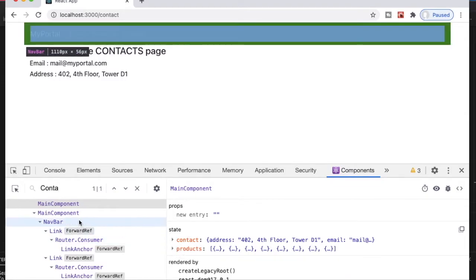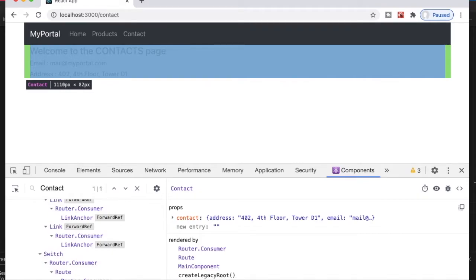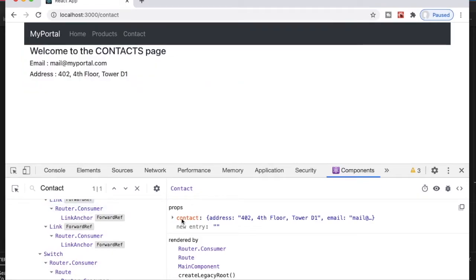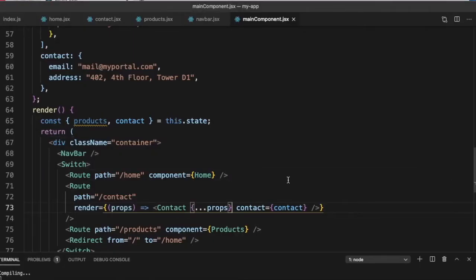Here we can see in our contact, we just get one prop. We are not getting those three default props that we were getting by route. So it is very important that we always spread them and add them here.